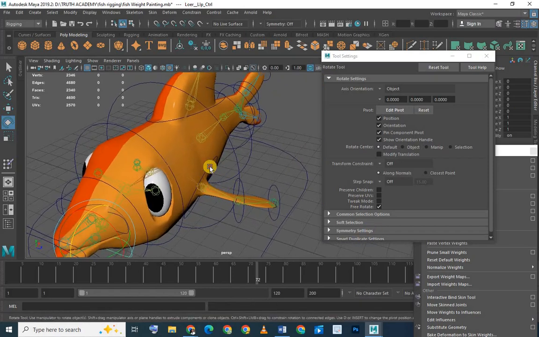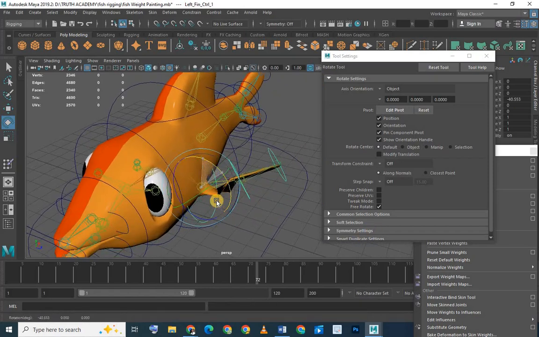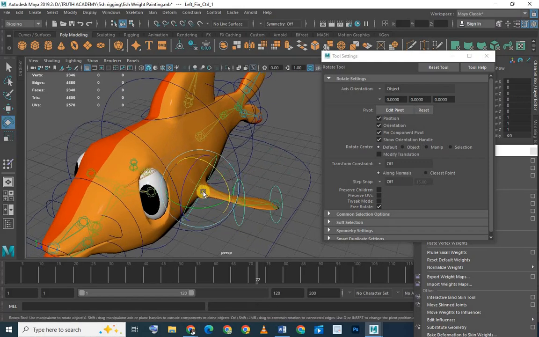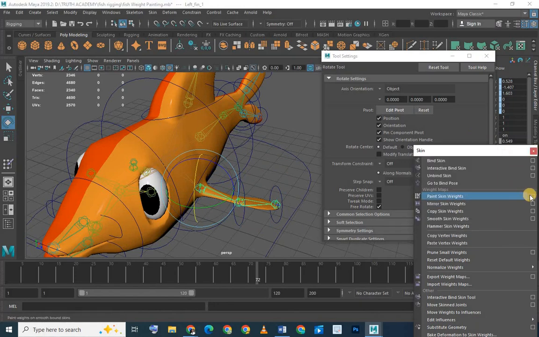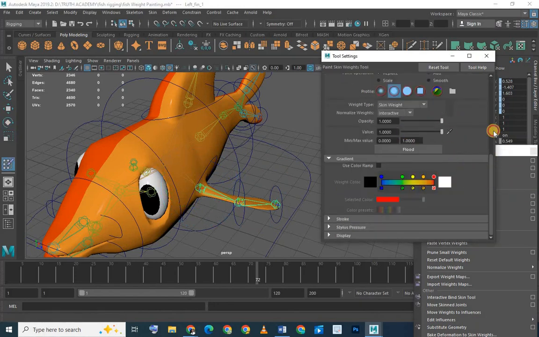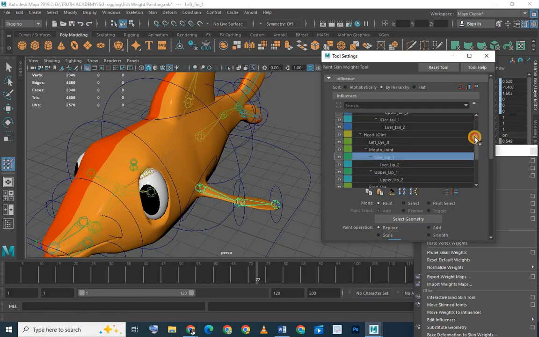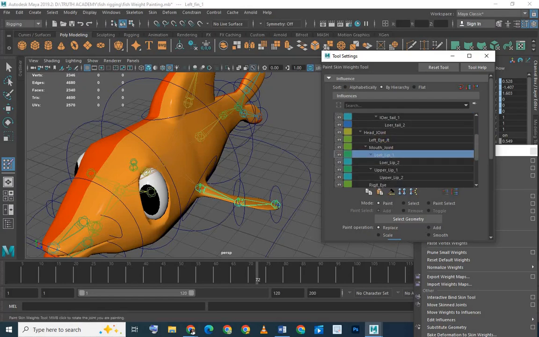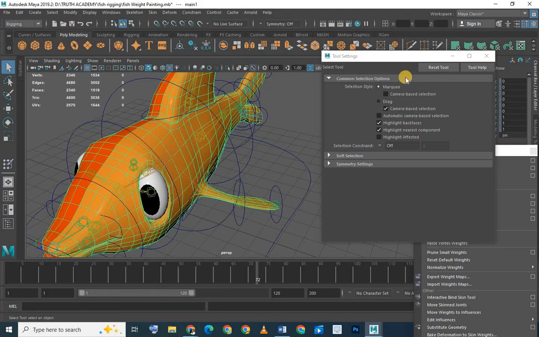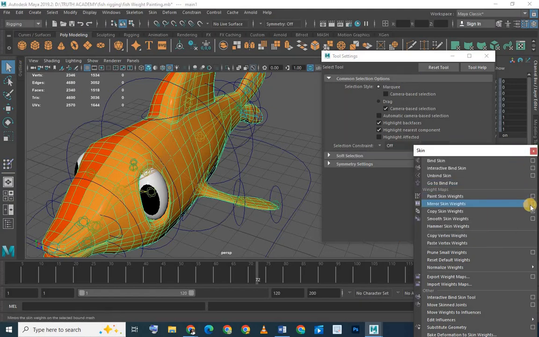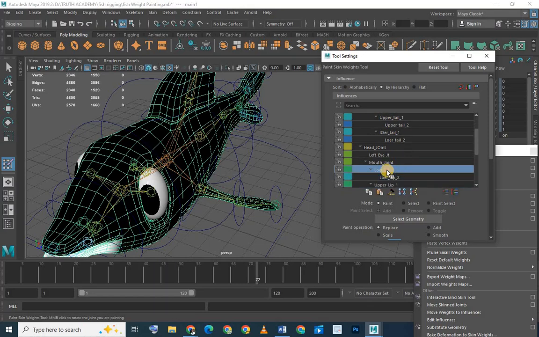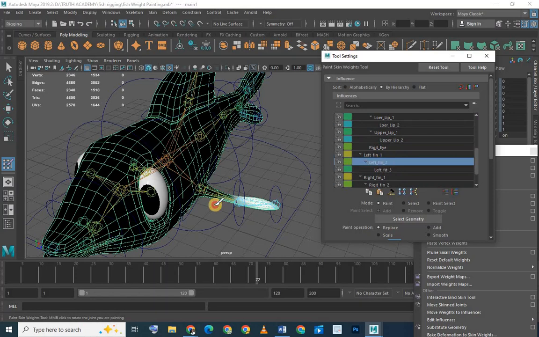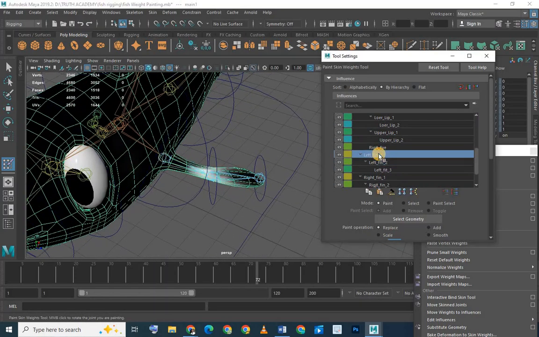So I think you get a gist of the situation. So this one, still having issues there. Let's see. And wait. Which bone is that? Yep, it's there. Left fin, that fin,